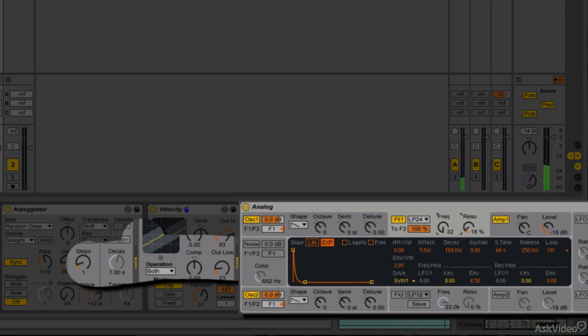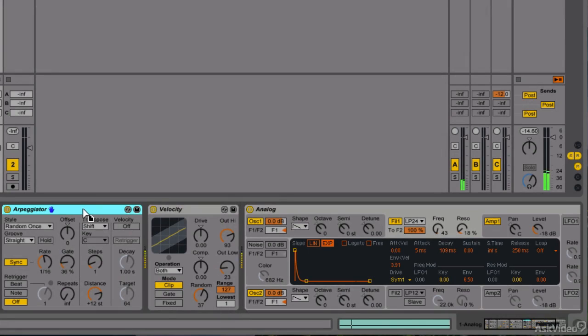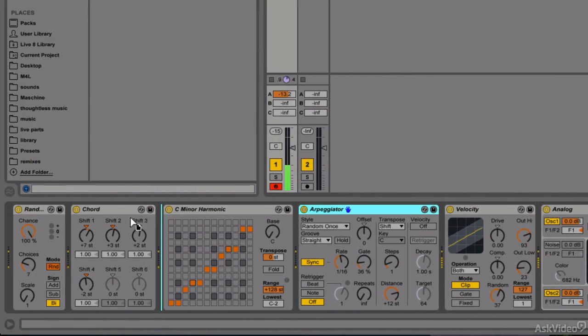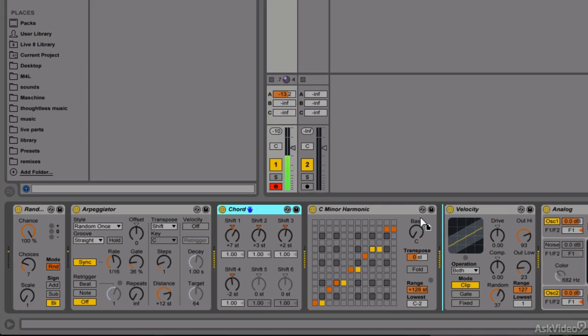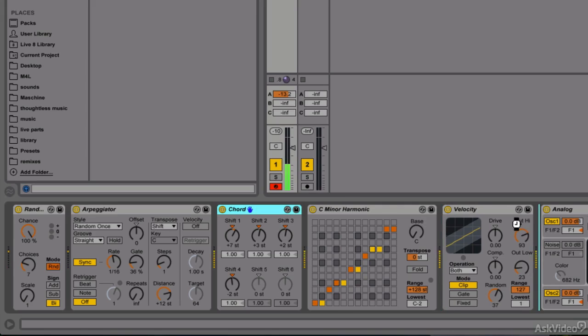But now we have something so much more expressive with the velocity randomization applied to the arpeggiated notes. As I move the arpeggiator to the beginning of the sequence, it's going to play sixteenth note chords through the scale,